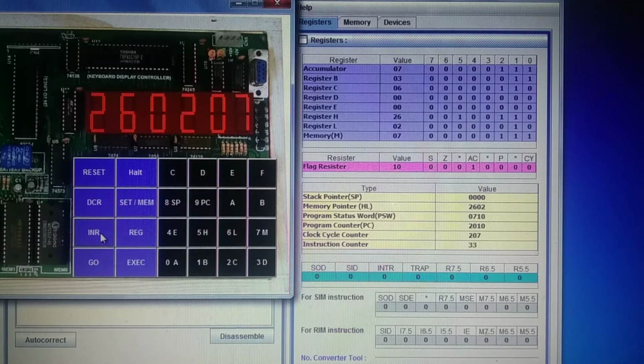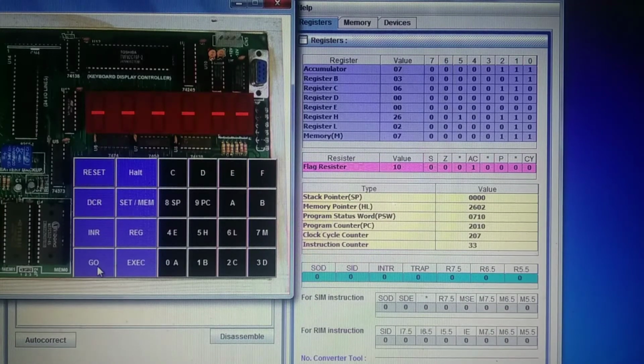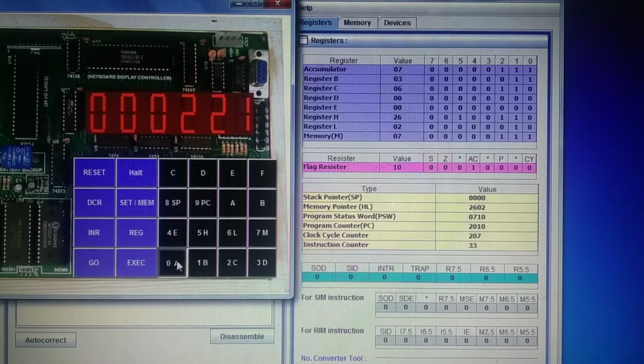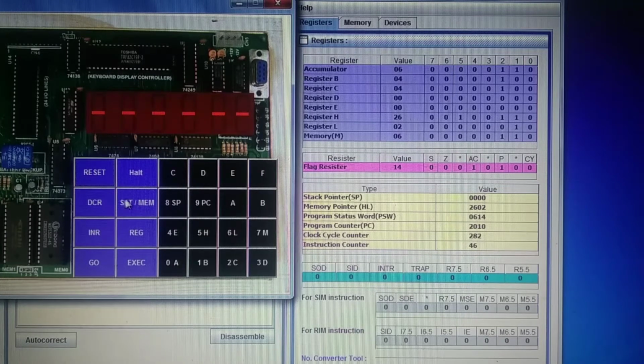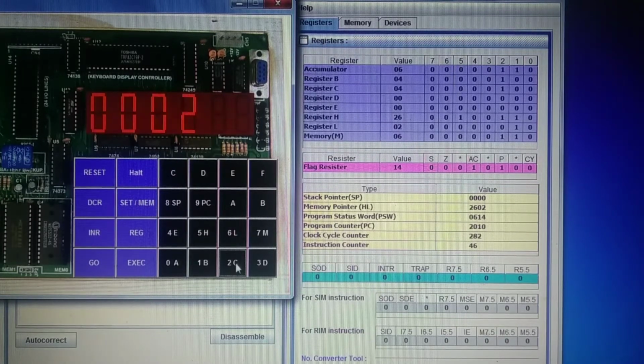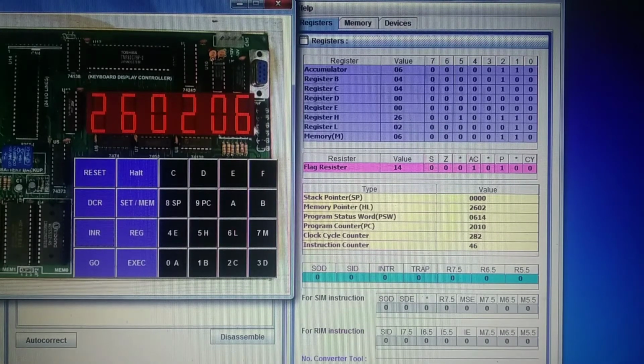The difference will come to be 06 after execution of the program. Reset, go 2000, execute the program. Now go to memory, reset, examine memory 2602 and then increment. Here you will get the result as 06.